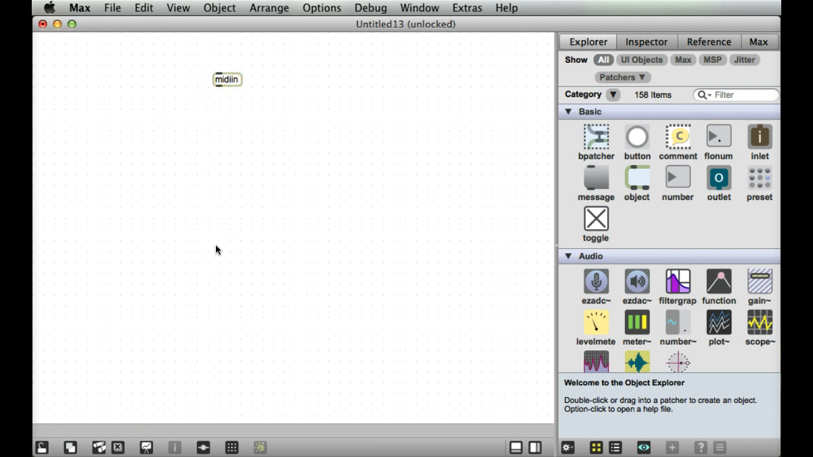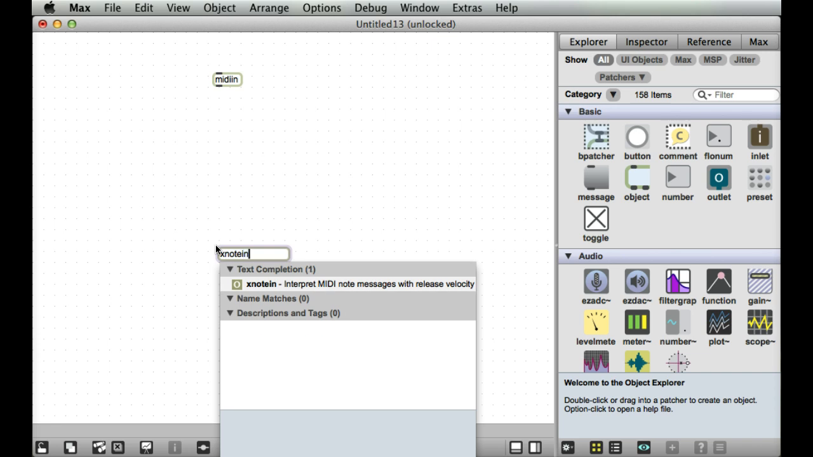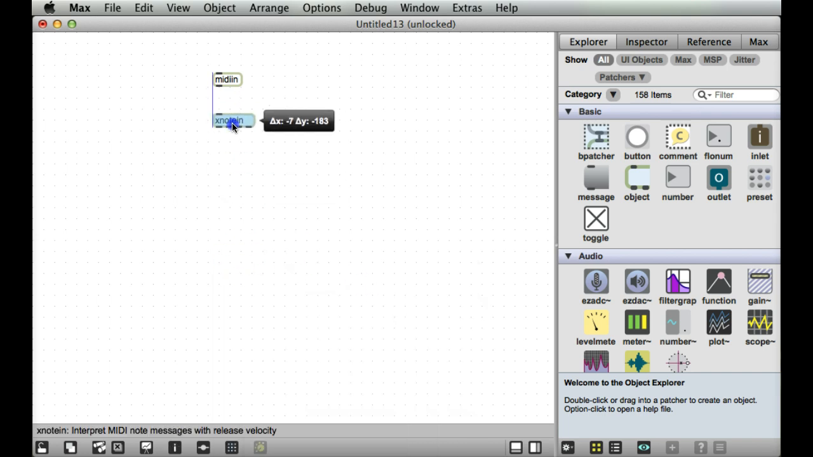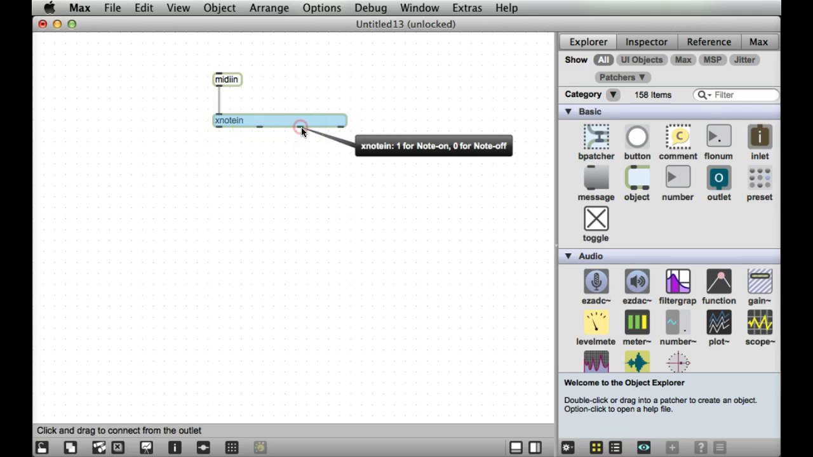So if I then use an xnote in object, what this does is it interprets MIDI notes and allows us to see the information that we're actually using. So I output my MIDI in object, and all the MIDI information goes into my xnote in object. What the xnote in does is it splits the MIDI information into pitch, into velocity, into note-ons, and then into channel. And really, just for doing a simple synth, we're more interested in the pitch and we're interested in the note-on,